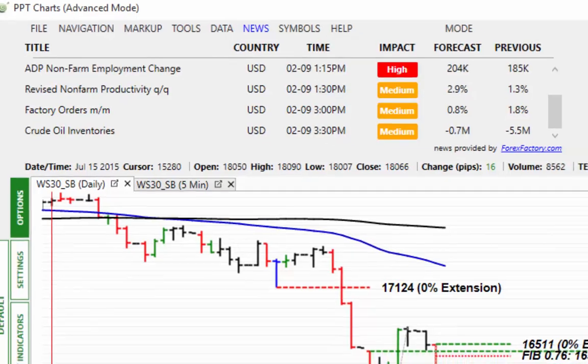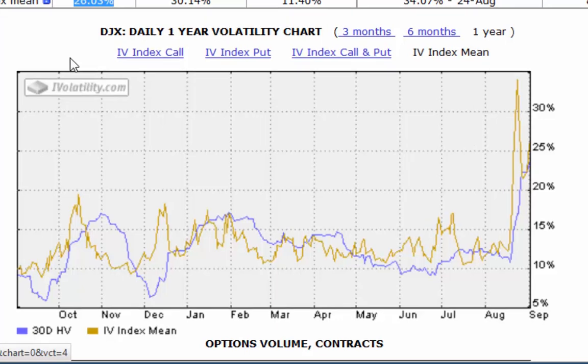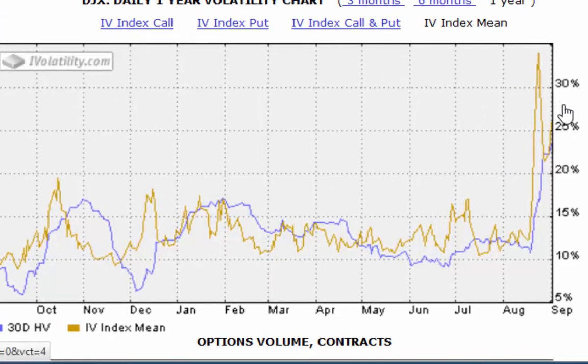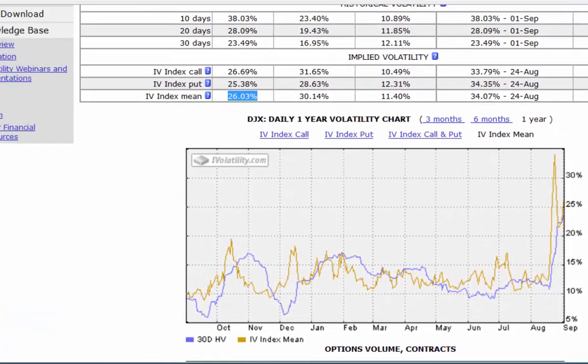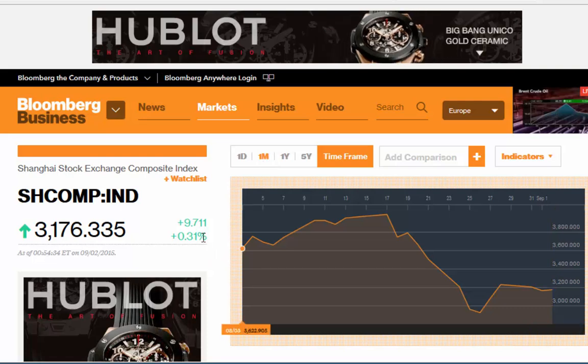Right, a quick look at the implied volatility, 2603 as you would expect, up from 22-ish from yesterday. It's pulled back enough to actually move back to the upside now as well, around about 40% retracement. Failure to close below a 50% retracement in the implied volatility would indicate further downside pressure as well. But as I just said, expect some strong down days, some strong up days as well. The Shanghai market on the overnight just up